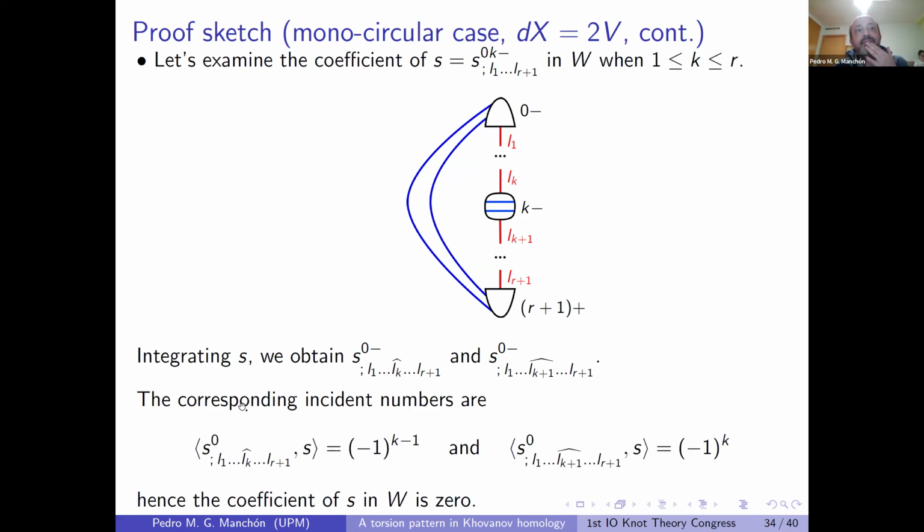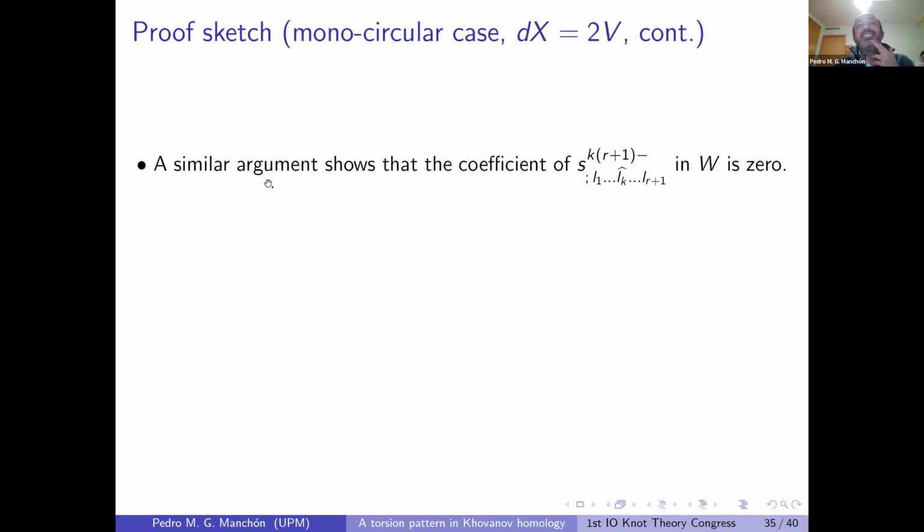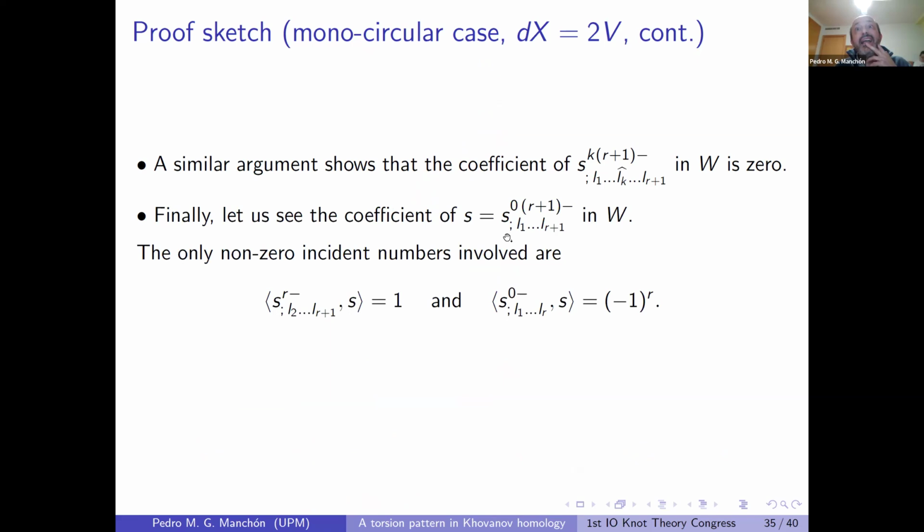Well, then the corresponding incident numbers, you can see that they are the same except for a sign. Why? Because this has K-1 B labels before, but this has K, the K-1 plus this one. So the signs are different, so the coefficient of the state is 0. Similar arguments show that the coefficient of this is 0, and in the case in which the sign minus is